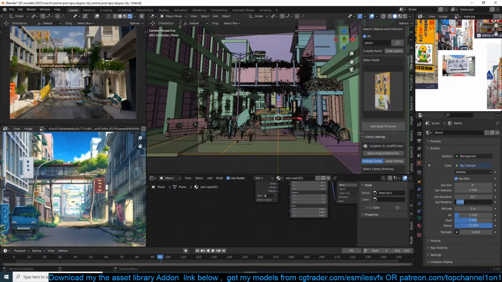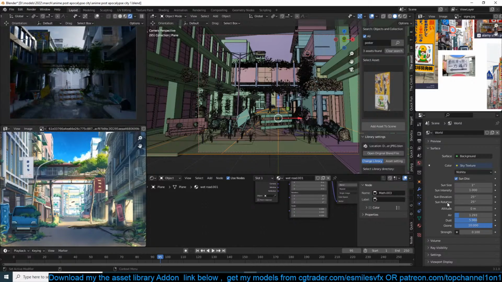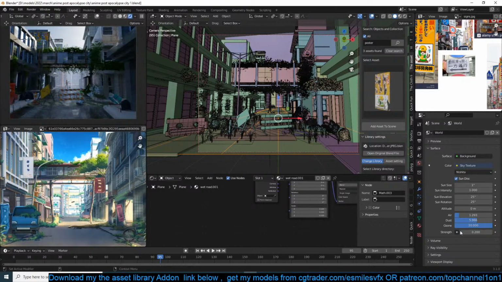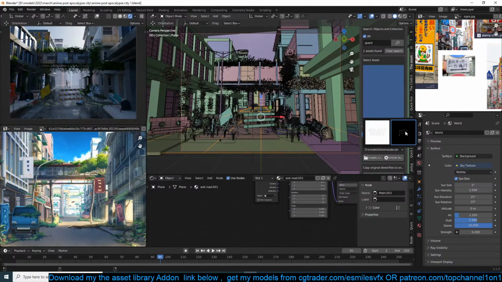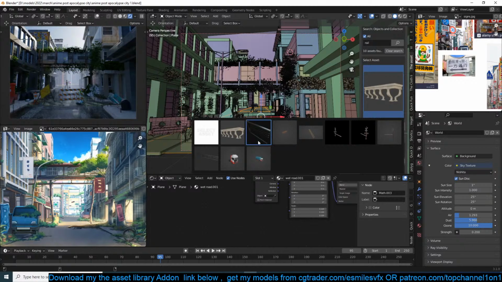Let's try a rotation of... you know what, I think I like this lighting more. All this. Let's add